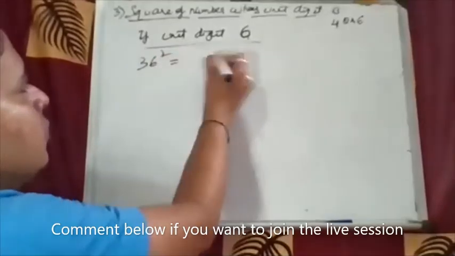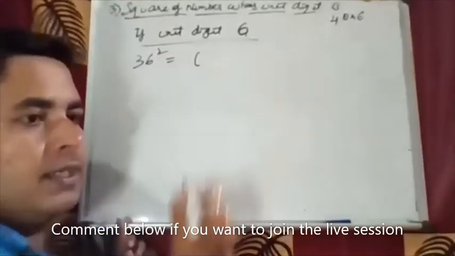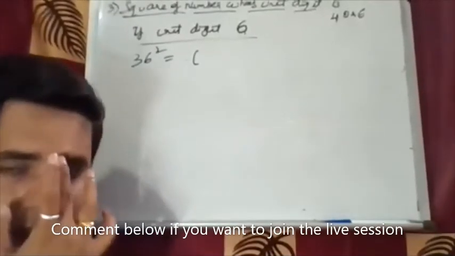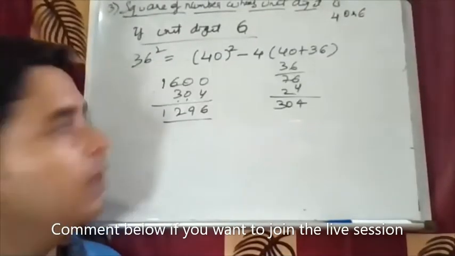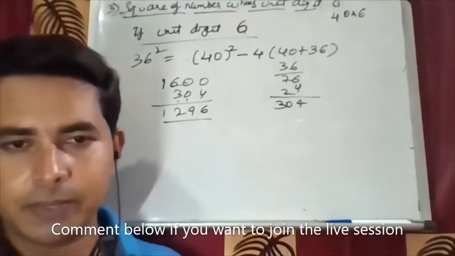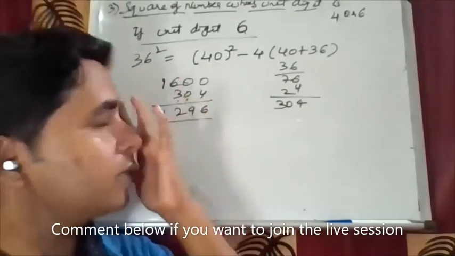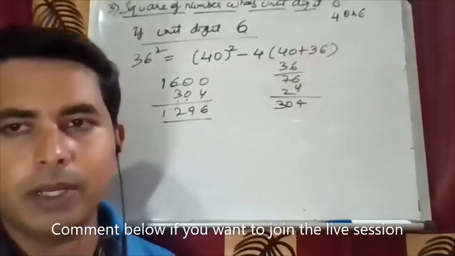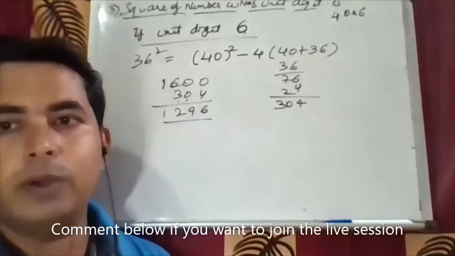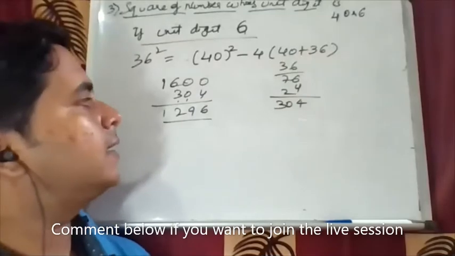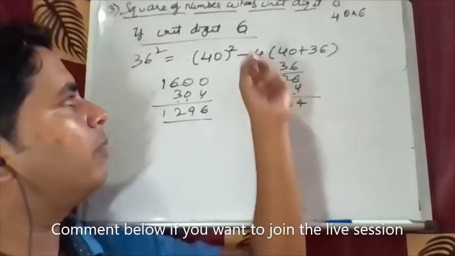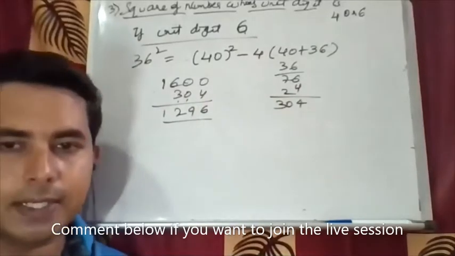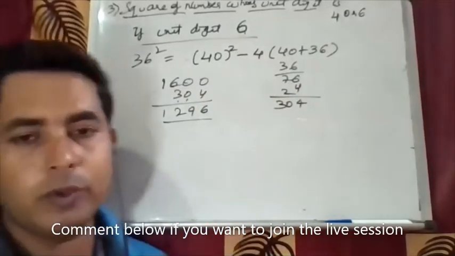Okay, 36 square क्या है? Base number क्या होगा इधर? 36 square में base number क्या होगा? Wait. So take a 36. The base number is 40 आएगा. उसका subtract क्या आएगा? 4. Add base number and the given number. 40 plus 36. So we'll get an answer as a 304. If you multiply 4 and subtract 304 in the 1600, you'll get a 1296.